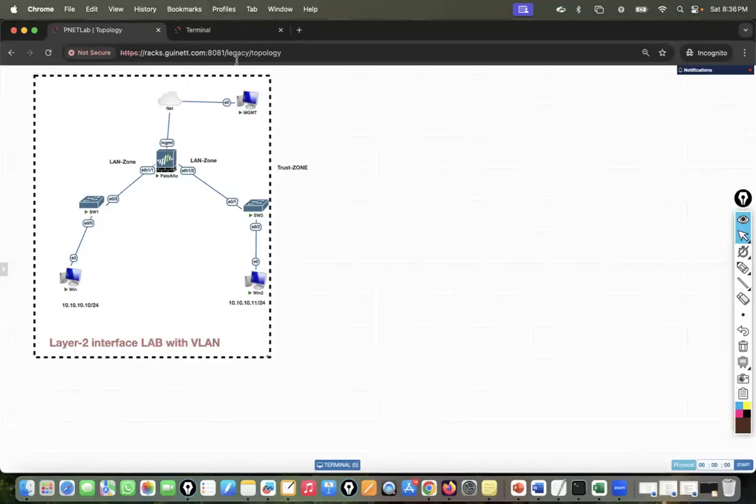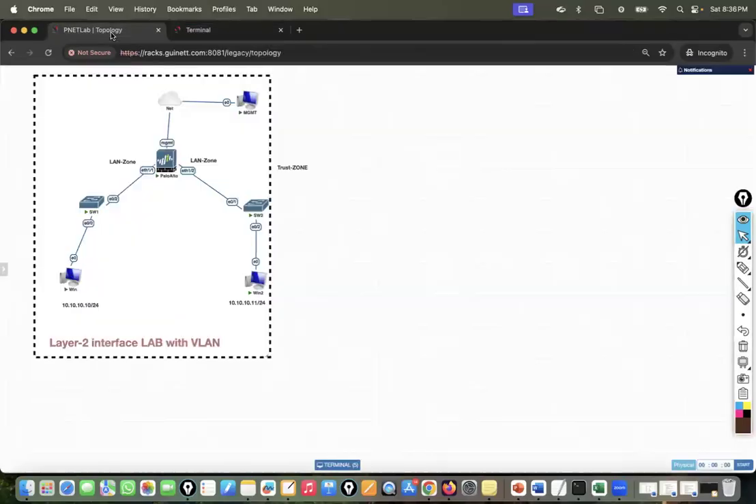Now I'll go on the switch 2 as well. This switch 2 also, sorry, I'll need to click. I need to also do the similar configuration here. So I'll go here config t and I'll just create the VLAN 10 here. And after getting the VLAN 10,